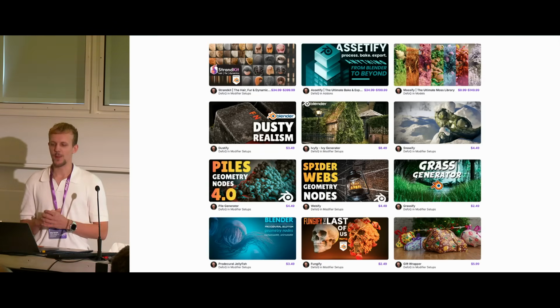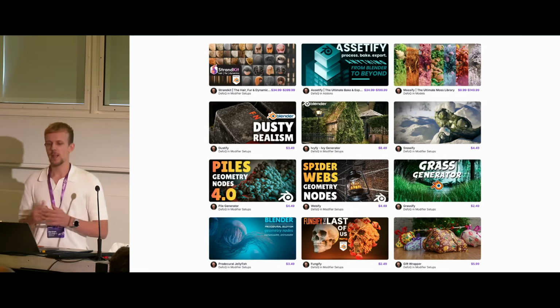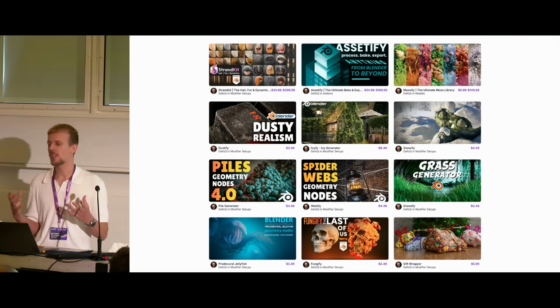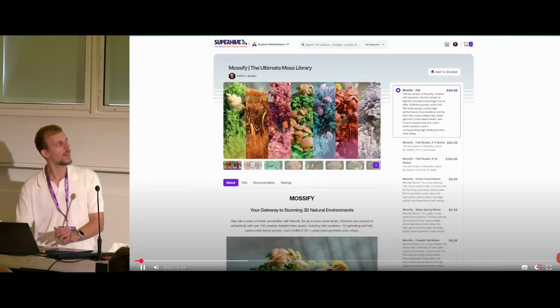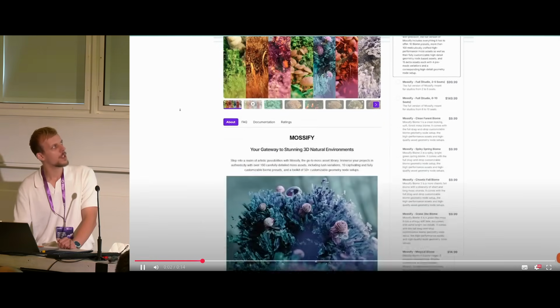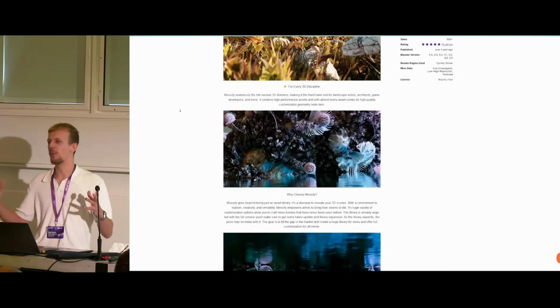I started liking geometry nodes so much that I created my own tools. I started creating more and more tools, and small ones like generating webs on whatever surface, generating grass, scattering it, but also things like jellyfish, procedural jellyfish, and some bigger ones as well. Like Mossify, which just hit 1,000 users, which is a lot of fun, but it's a procedural biome system, more